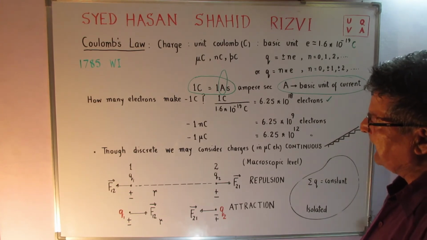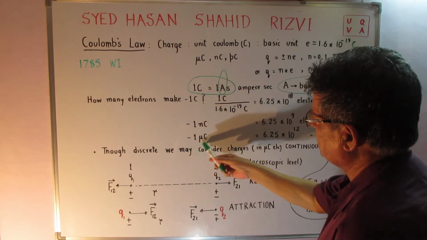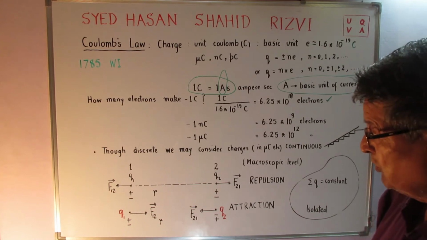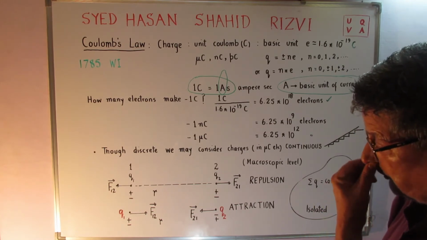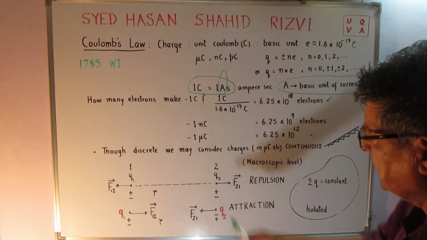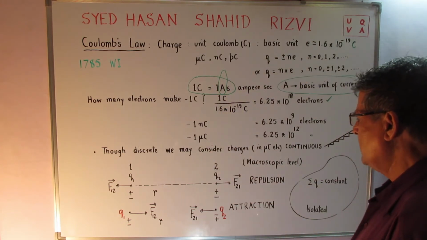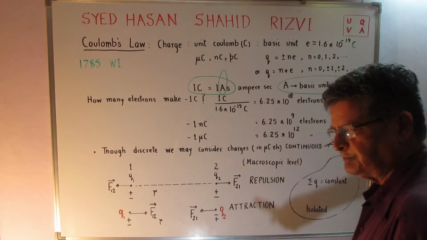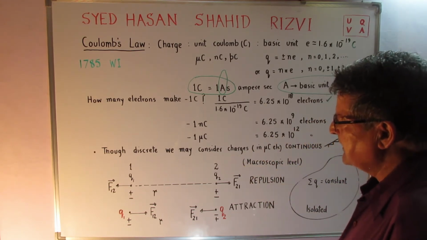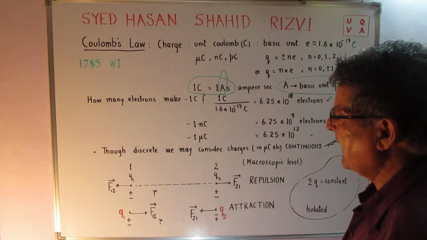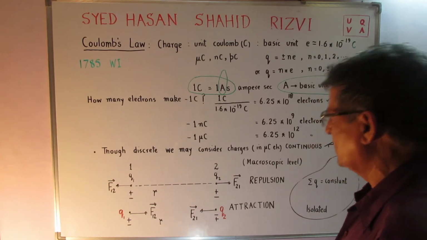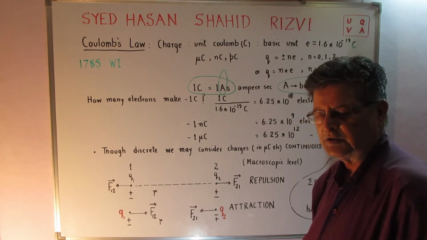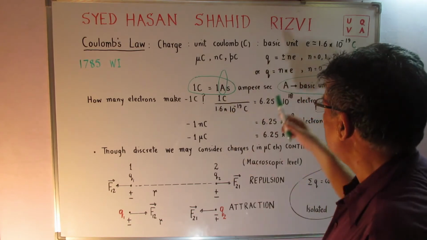But normally we deal in units like nanocoulombs or microcoulombs. Millicoulombs is also a very large, huge amount of charge. So we deal in these values, and it is as if the level that we are talking about is macroscopic. So if you add an electron or a proton to whatever is the charge over there, then the charge may increase or decrease. How much? By 1